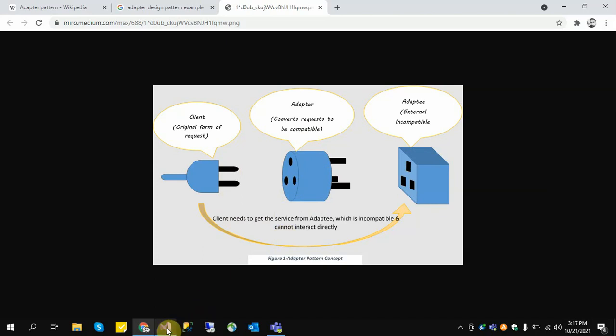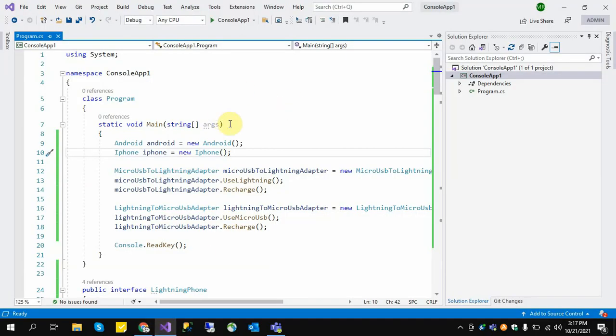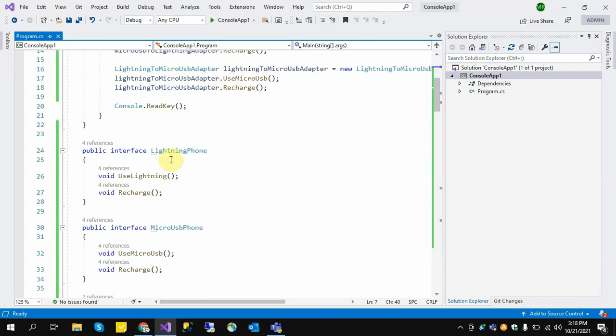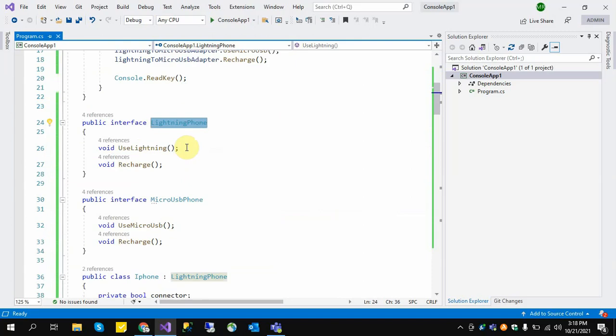So we have an example in C sharp. Let's say we have a lightning phone interface. This is the iPhone interface, and we have a micro USB phone interface.